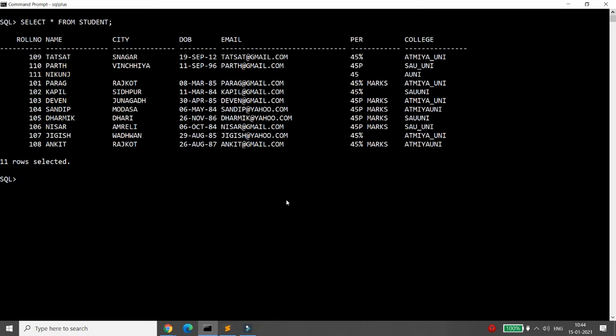Now, suppose you want to know in which situation we can use this and in which situation we cannot. Very simple. If you are looking for an equality condition, then don't use like.